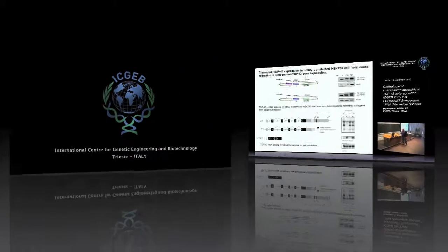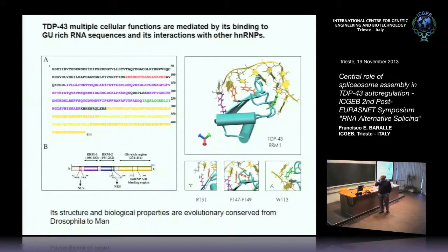Well, as you all know, it's a long time that we have been interested in TDP-43, a protein that is an HNRP essentially and has multiple functions, and the structure is classical of an HNRP. You have it below: a nuclear localization signal at the amino terminus, the first RRM1 domain, the second RRM2 domain that contains the nuclear export signal, and the C-terminal glycine-rich region, and a series of interactions that we have already mapped in previous